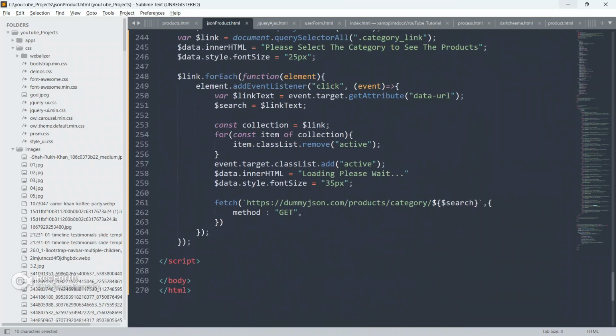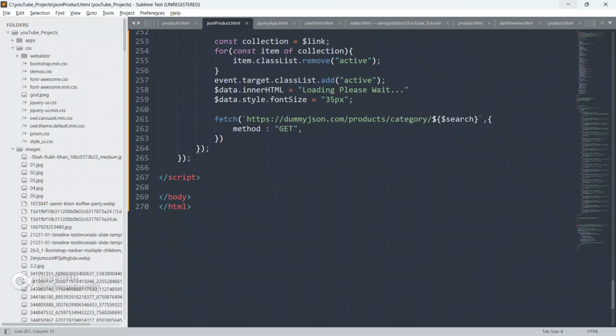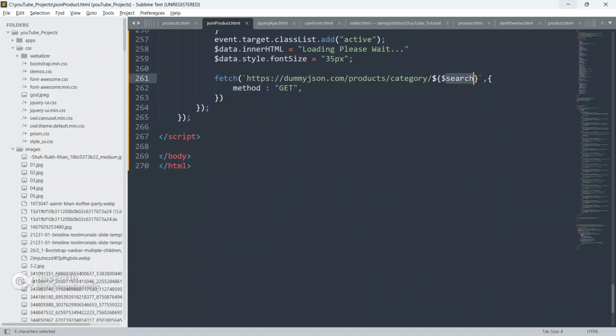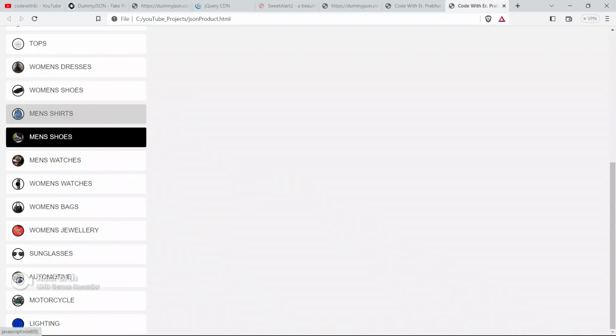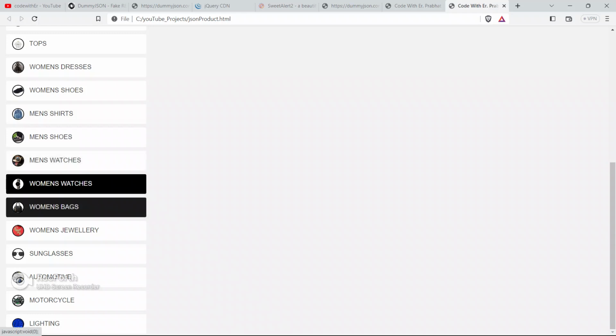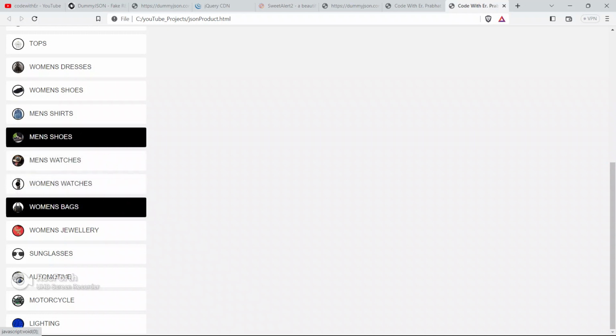Using this data URL, we are gonna grab this category name and put it inside this link text, and we are assigning this link text to the search variable, and through the search variable we are putting it here, so that we are making a dynamic URL. This URL is now fully dynamic, based on the user selection.